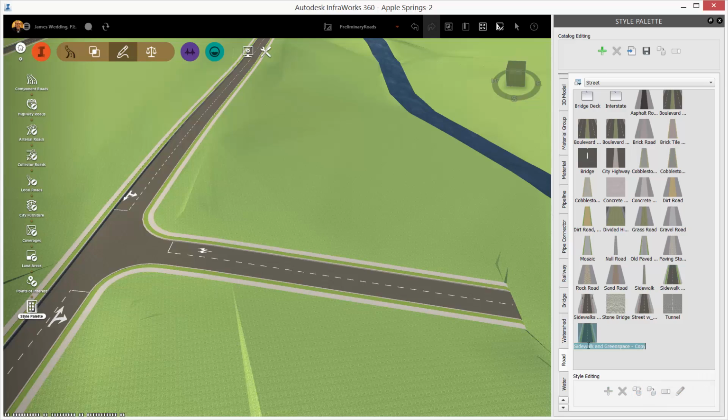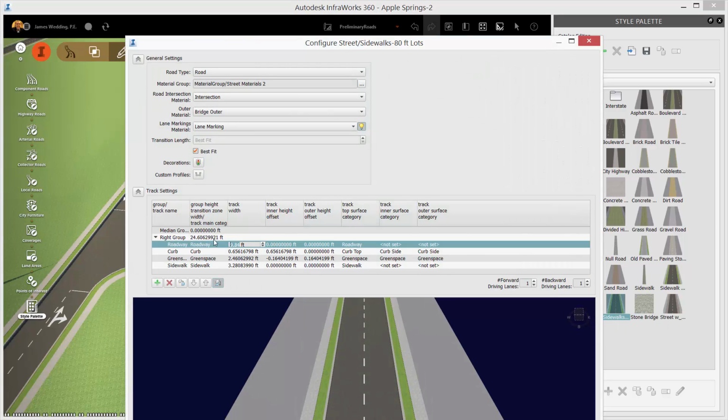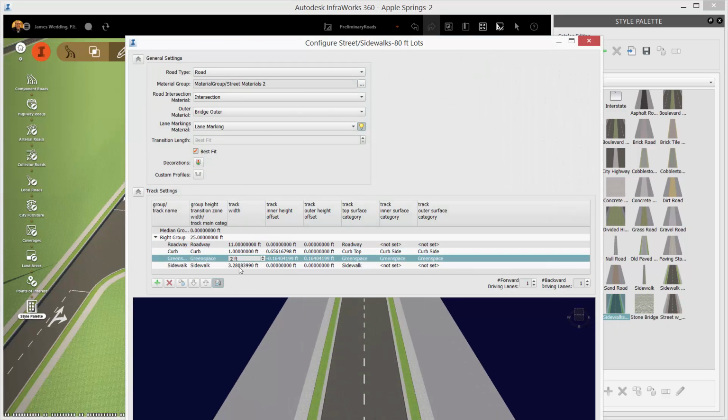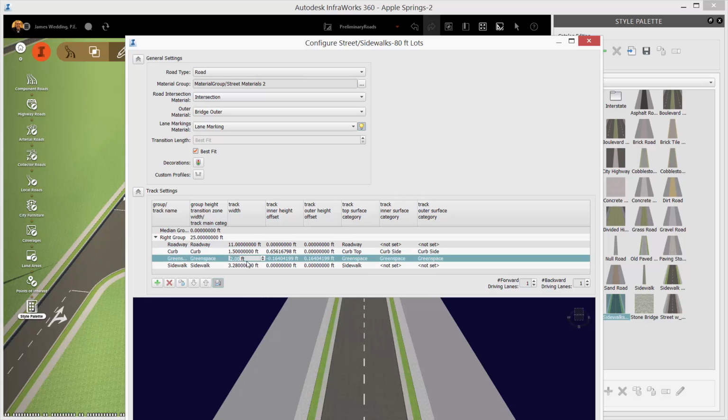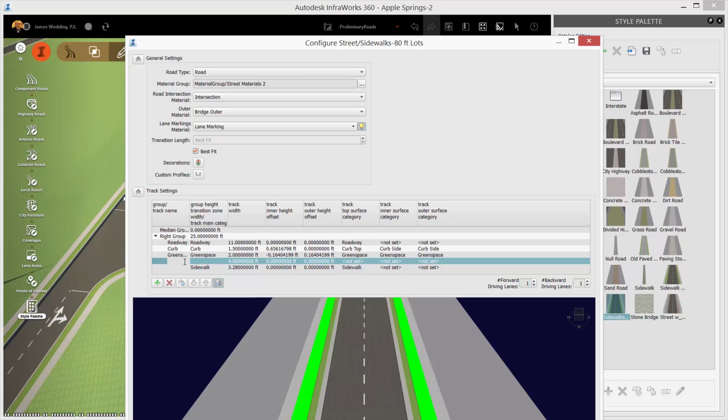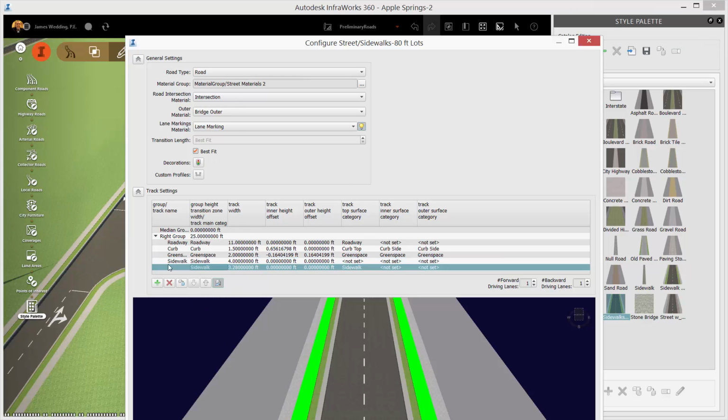Now let's build a road style that helps me get a feel for lot count and spacing. I open up the style palette and copy the existing sidewalk road style. Double-click the new style and you can make changes to the road components that build up the style. I'm going to modify the widths and then add in a new green space segment on the outside of the